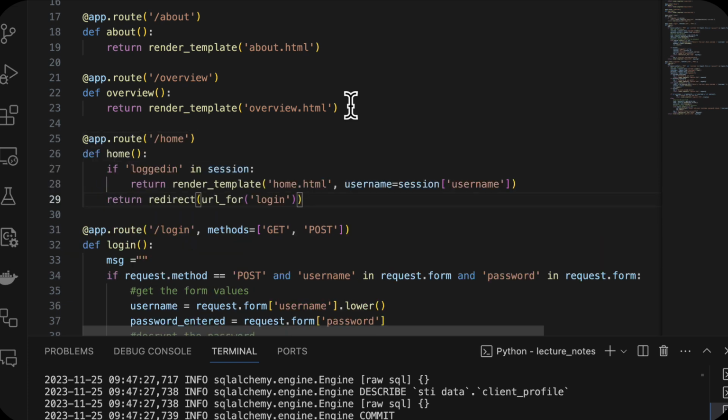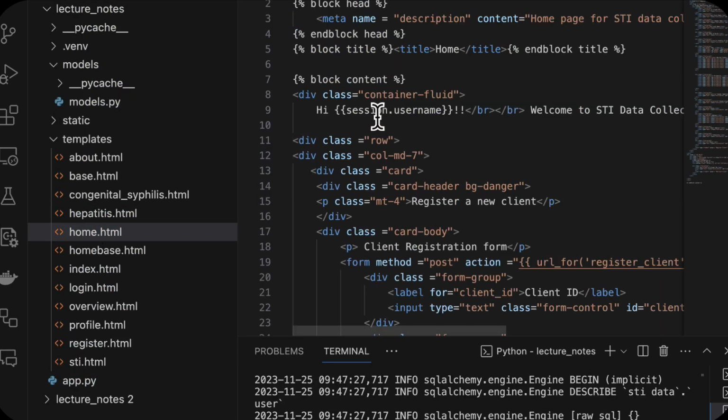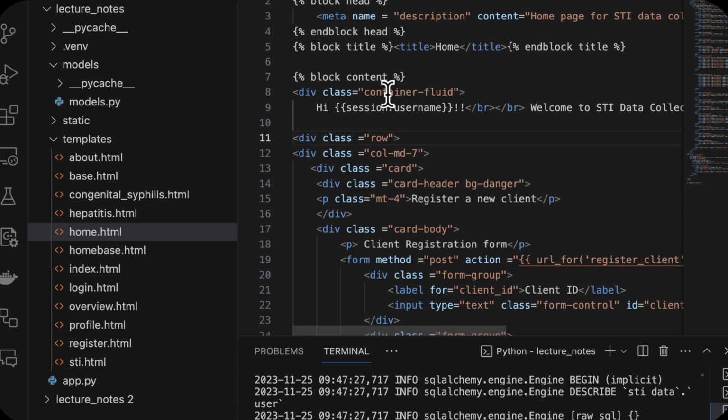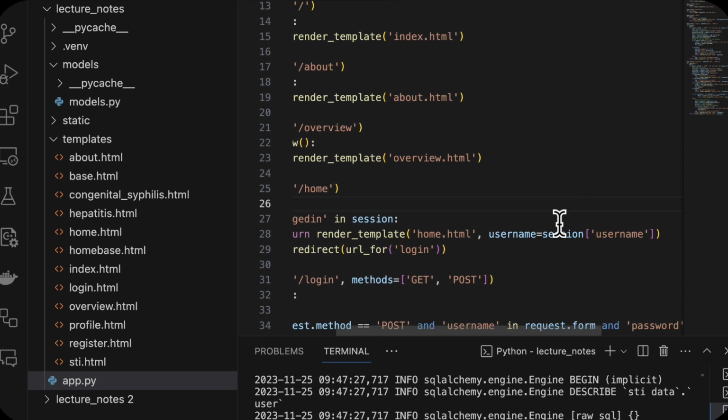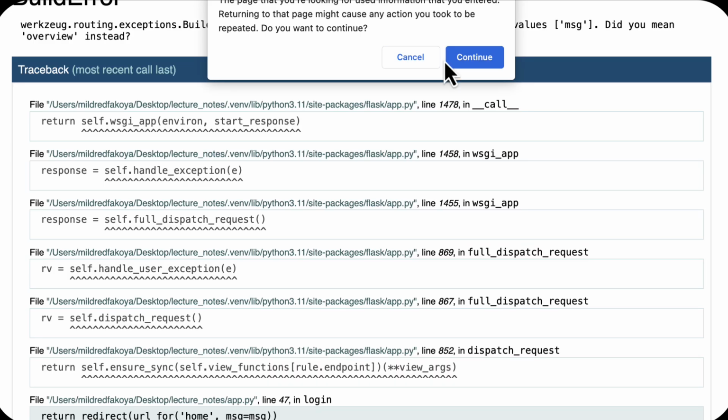So I want to check if the person is logged in, in session. I want to render the template home.html, making username equal to session username. And the reason I want to put the username here is that I want to send this to the home page, so that when I come to the home.html file, I can call session.username there. So there are two ways to do this. Now, because I used username, I can just call username directly there. So here I'm going to say session.username. Okay? So when I go back to that page and refresh,